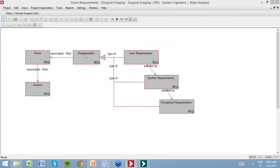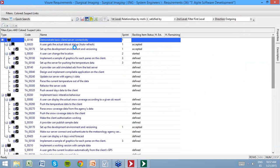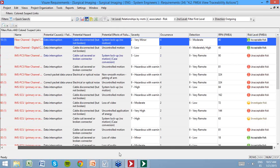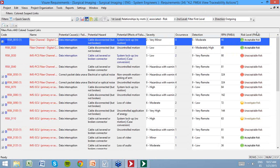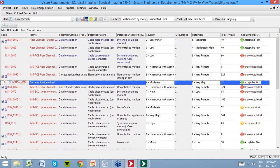Here we have a specific visualization of this information. So here we have the risks, and for each one of those risks, we have a set of attributes like severity, occurrence, and detection. Based on these attributes, we make a calculation of the RPN, or the risk priority number. And based on this risk priority number, we calculate the risk level, whether it's an acceptable or to be investigated risk. And out of those risks, we have mitigation actions that take an unacceptable risk to an acceptable status. So we can drop down the severity or the detection or all of them. This is an FMEA